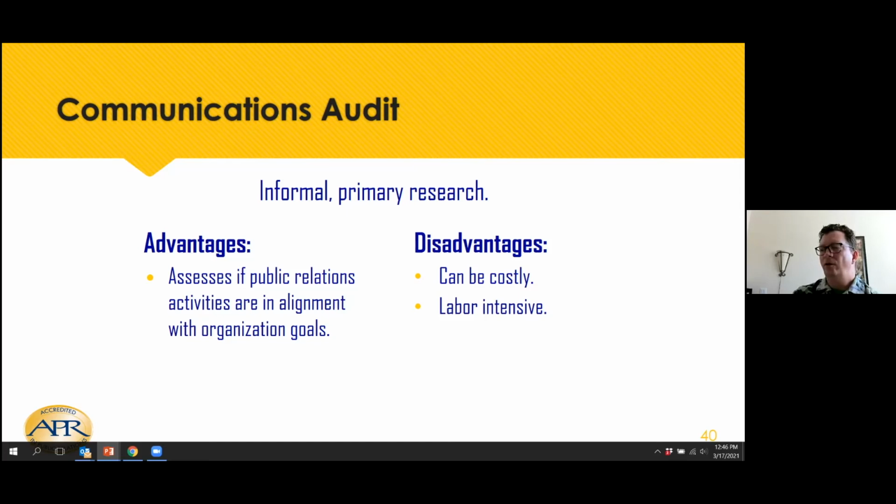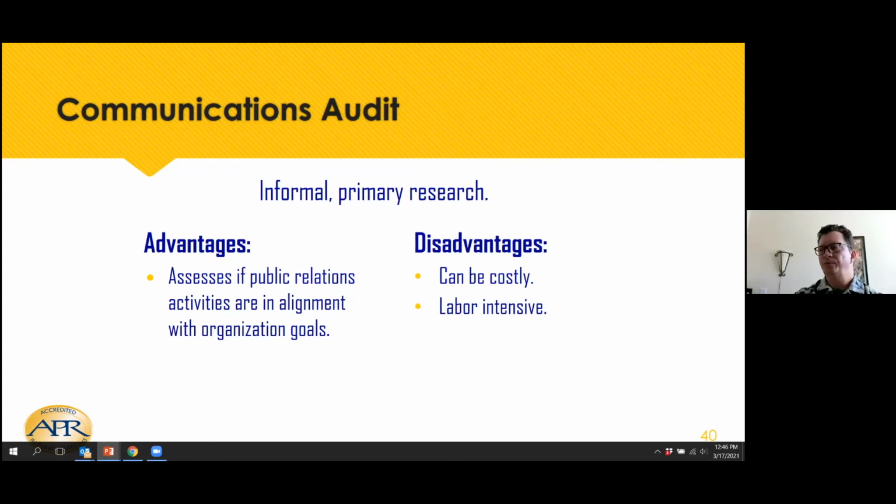And when you go in to do a communications audit, you really are looking at everything that is produced by an organization, whether that's social media, media relations work, the pitches and the press releases, annual reports, any kind of internal documents, any kind of internal newsletters. In this case, I was also working with the fundraising people. So I was looking at their cases for support, their